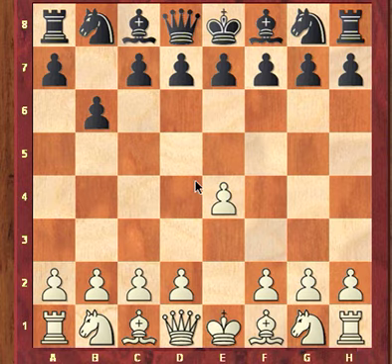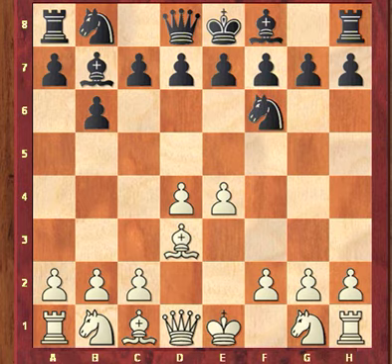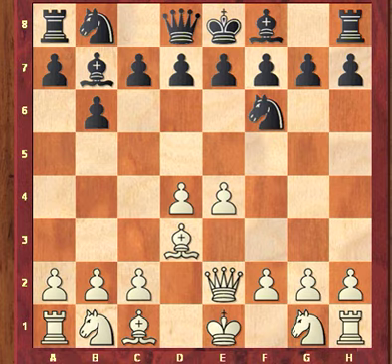So we have here white against the queenside Fianchetto: e4, b6, d4, bishop b7, bishop d3, knight f6, queen e2, knight c6. Now this is more solid than an alternative move of e6, which leaves white with a space advantage